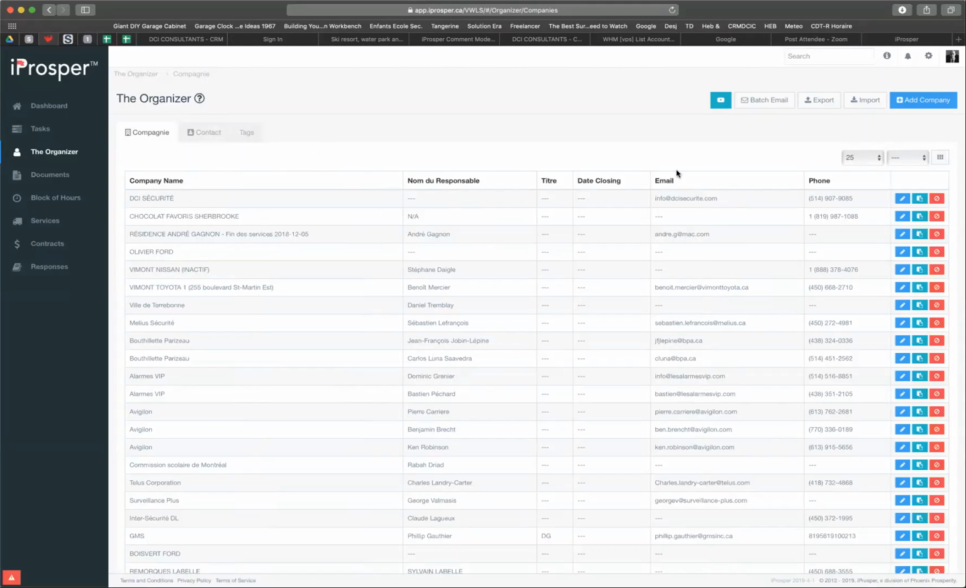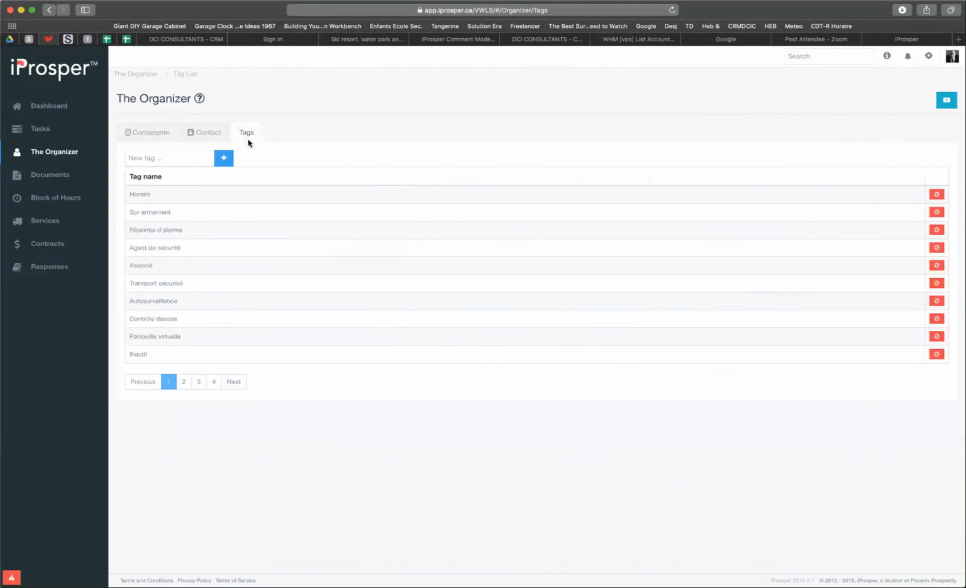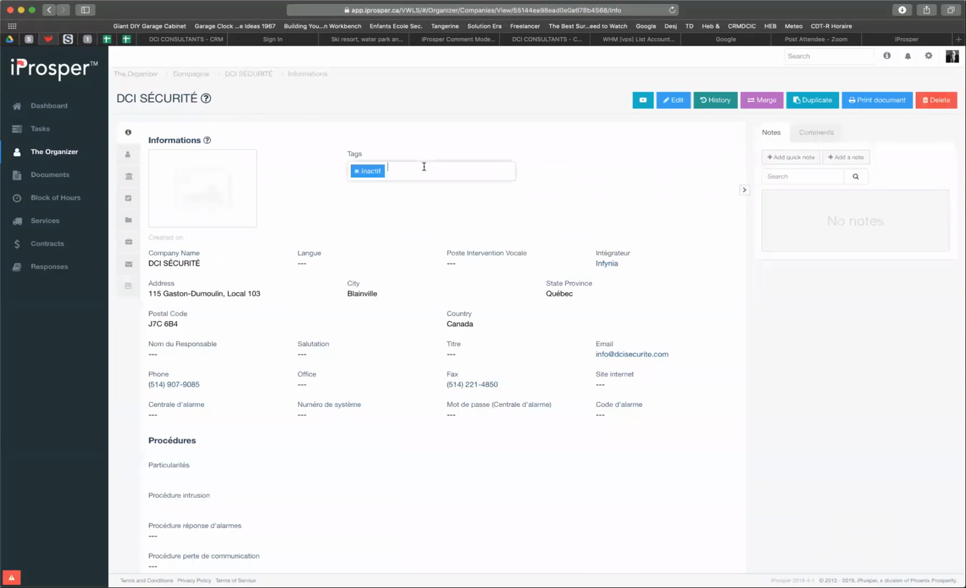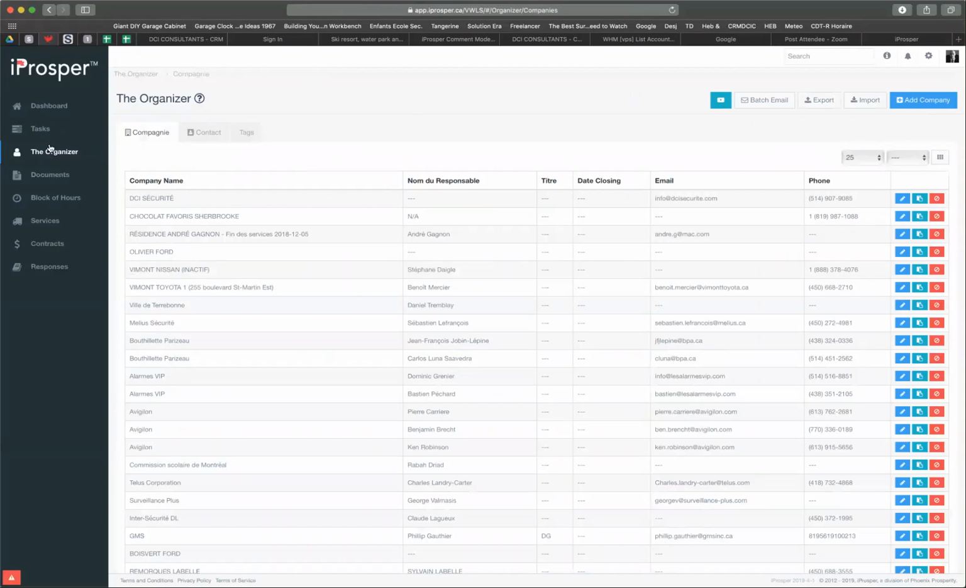The last thing here is tags. Tags are anything that you want to create to assign a specific description, tag or keyword to a company or a contact, and it's done here. You can create as many tags as you want, and those tags can be associated to a company. When you go in it, you can associate any number of tags. This is a way to easily and rapidly identify, target, select, filter any company or